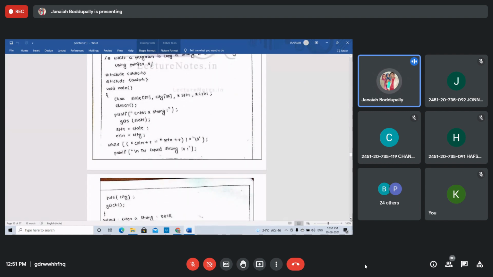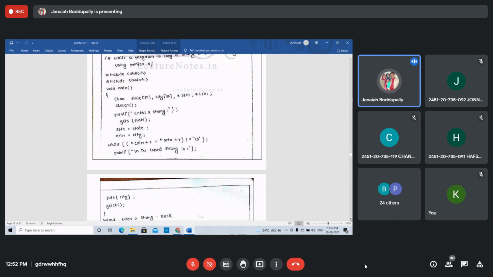While *sptr, that means the value at that first position. Every time we are incrementing, *cptr equals *sptr, we are storing the first character, just copying values. You need to use the star, which is the value at that address location, first address location, s[0], s[1], like that. The character in the state string is stored into cptr. That's why *cptr equals *sptr.